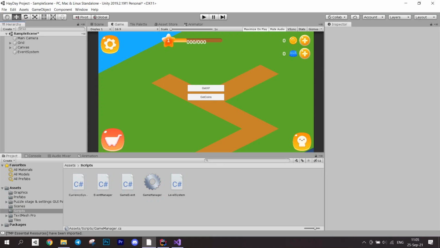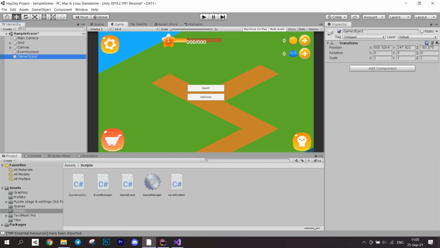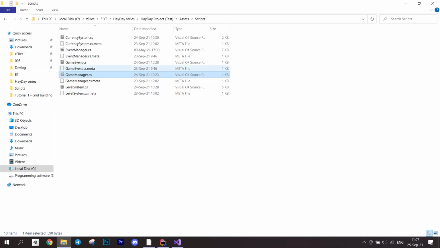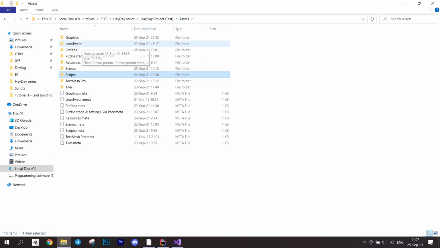Now it's time to connect everything to our game. Go back to the editor. Create game manager, add script to it, and initialize its fields. Repeat the same steps for event manager, currency system, and level system. Also, connect test buttons. Now, if you have made the initialization of new level rewards and XP using CSV file,